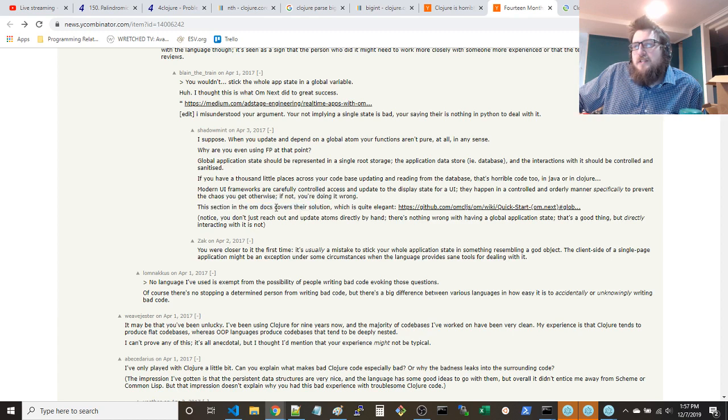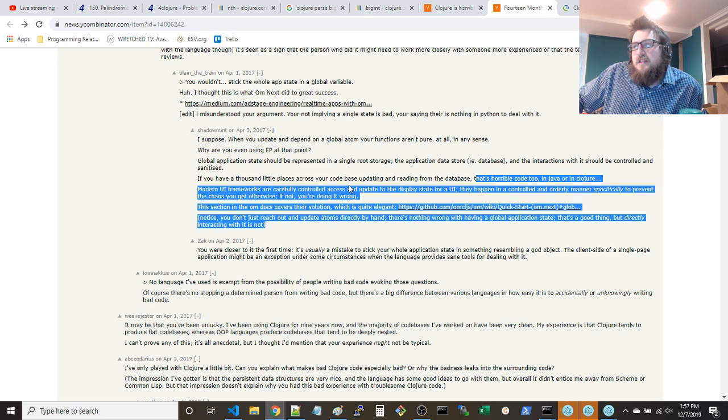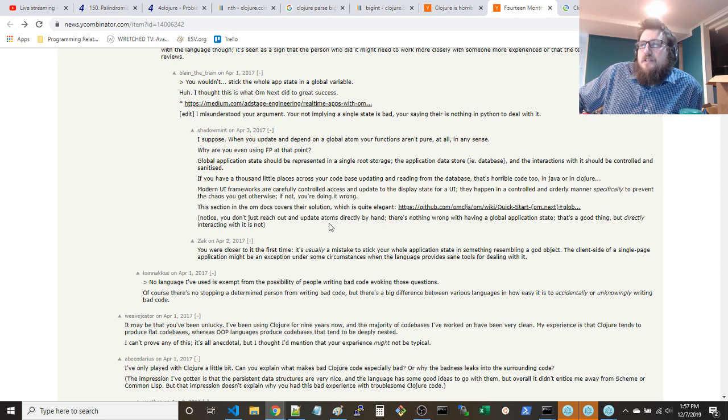The section is in the Om docs, and it covers their solution, which is quite elegant. Notice you don't just reach out and update atoms directly by hand. There's nothing wrong with having a global application state. It's a good thing, but directly interacting with it is not. Interesting. The first time, it's usually a mistake to stick your whole application state in something resembling